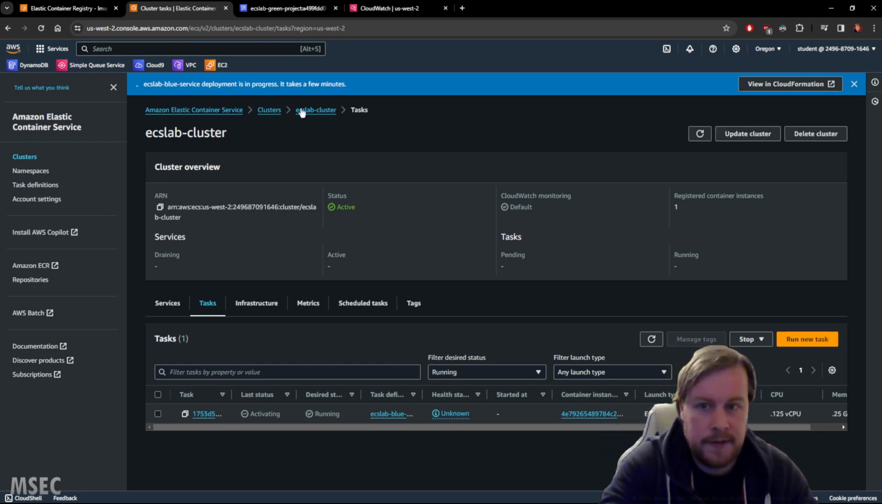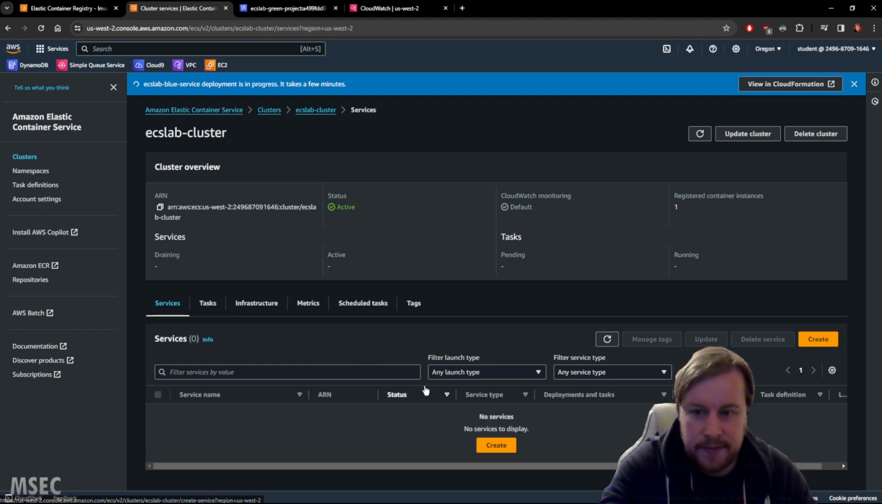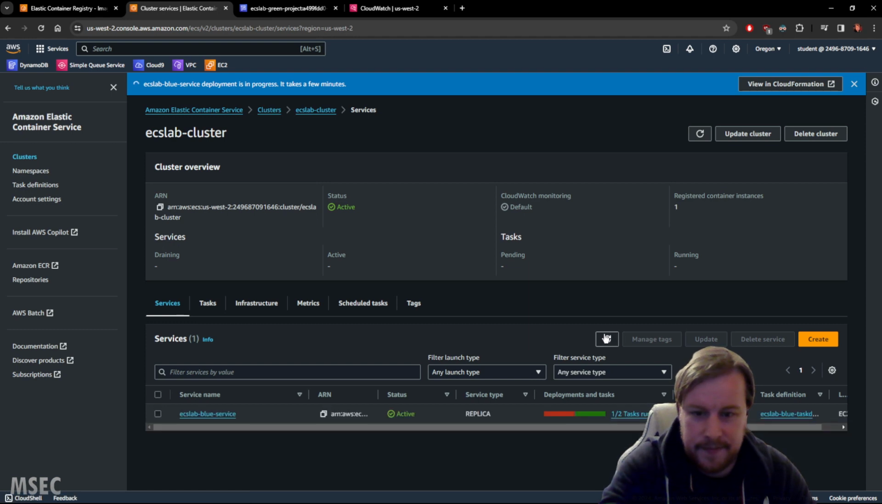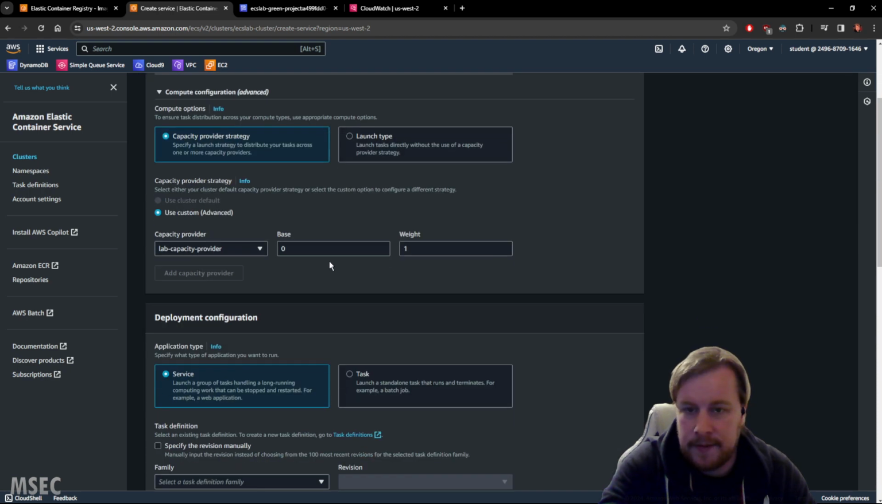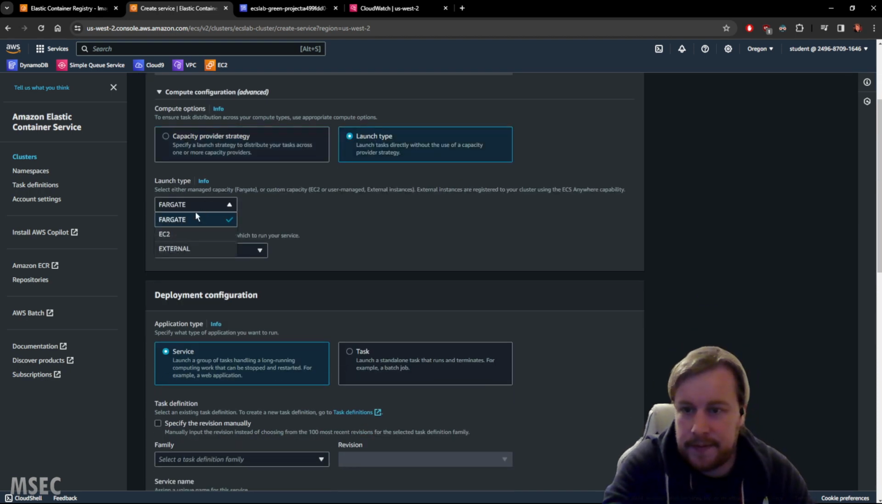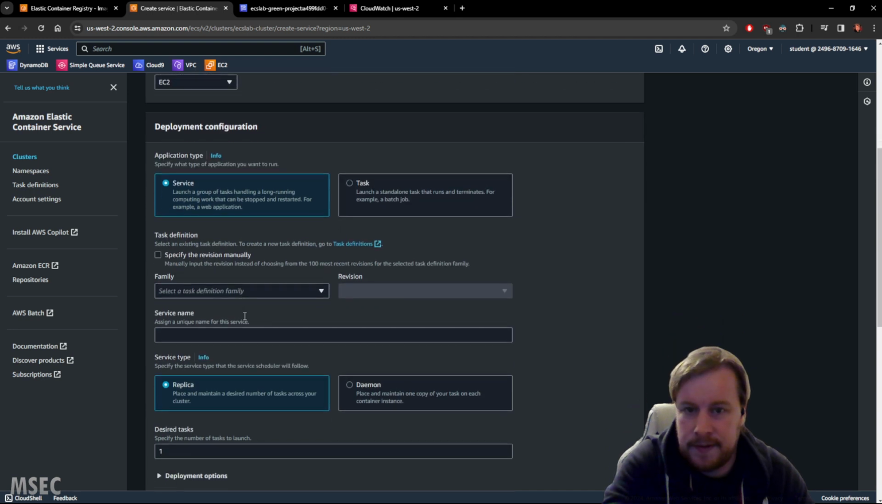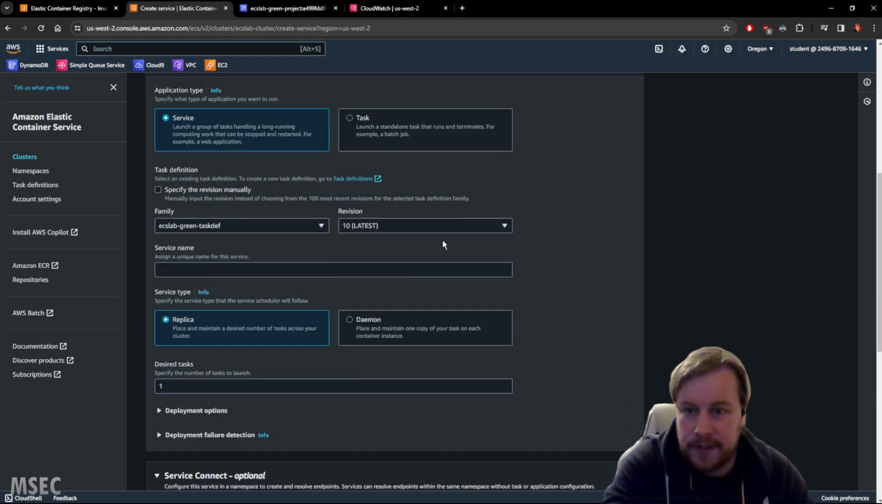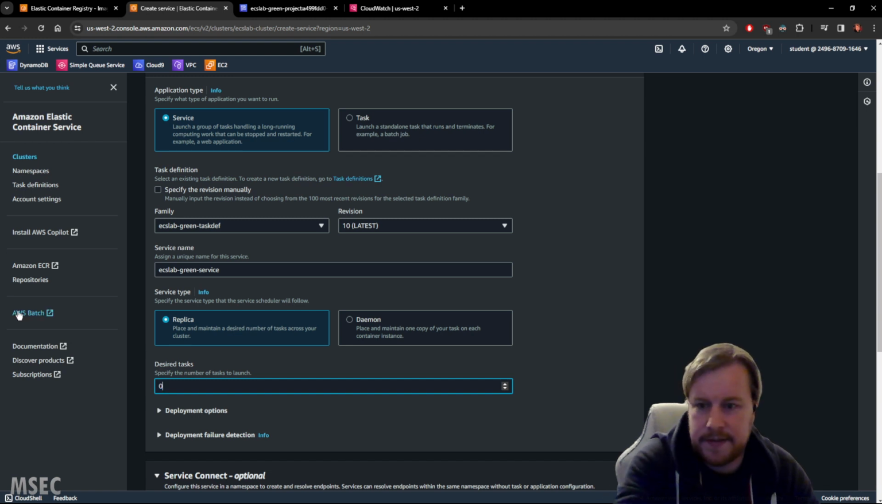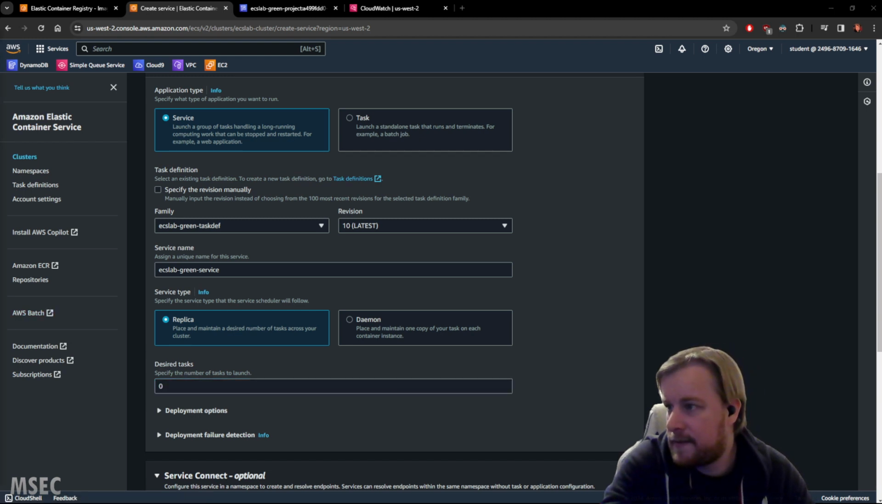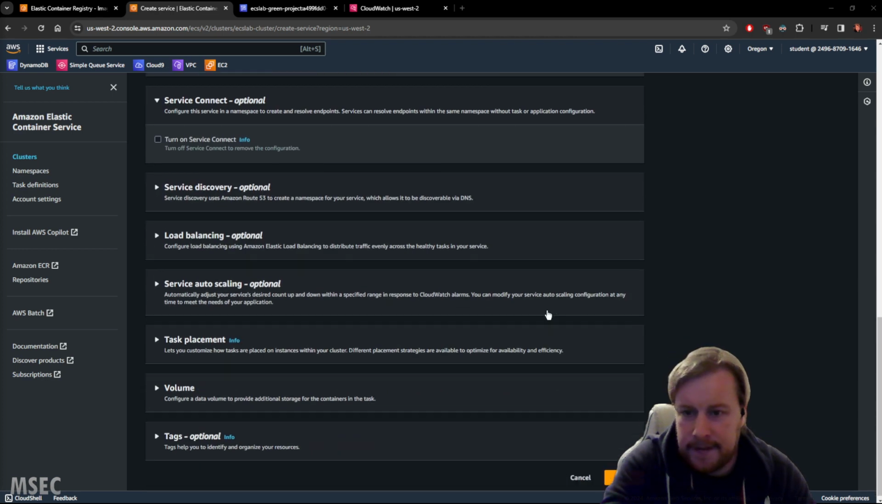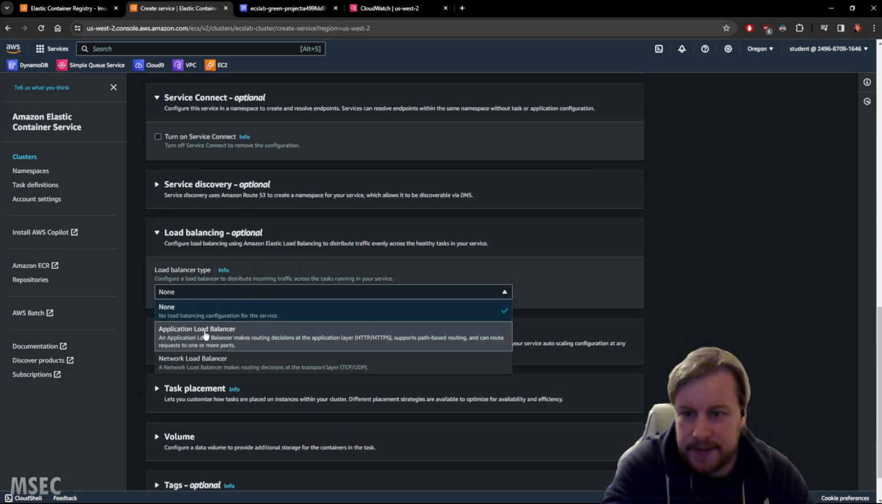So services, create another. Where's my last one? There. There's blue, green, create another one. Launch type, EC2. Service, green, latest, service name, green service, desired task 0, and then we've got to do the load balancing for this one as well. So load balancer,